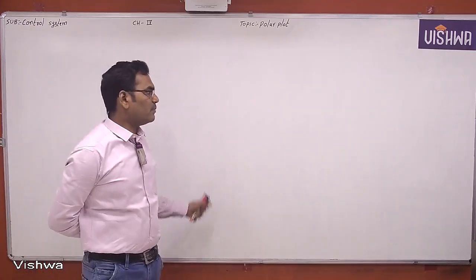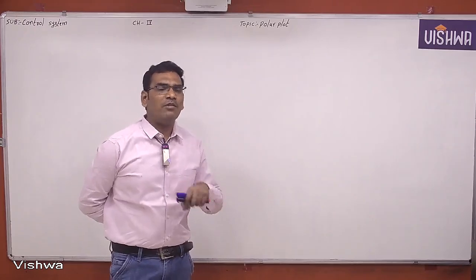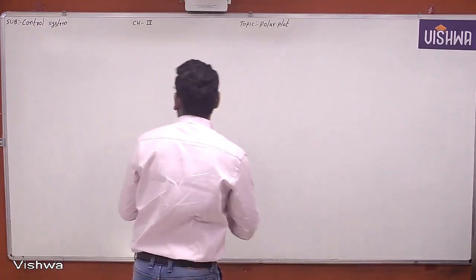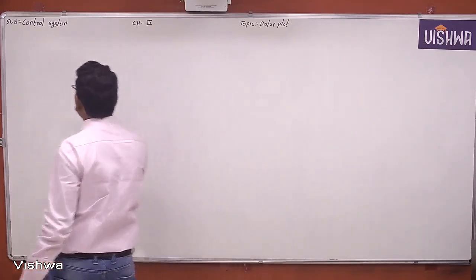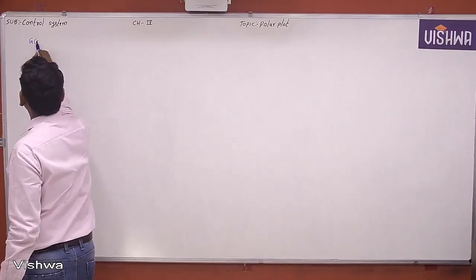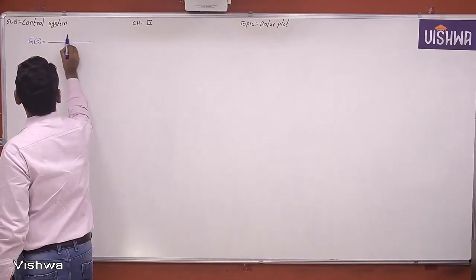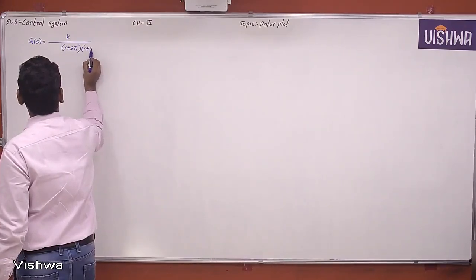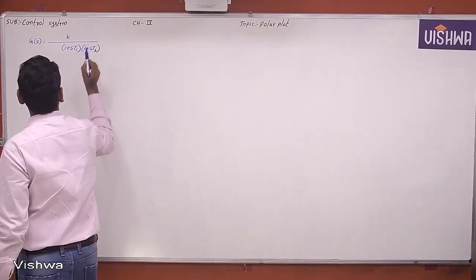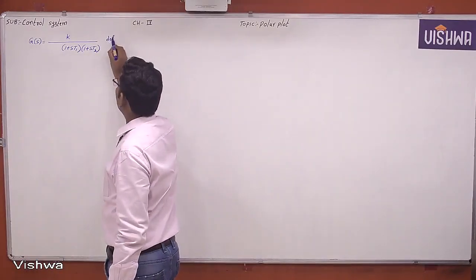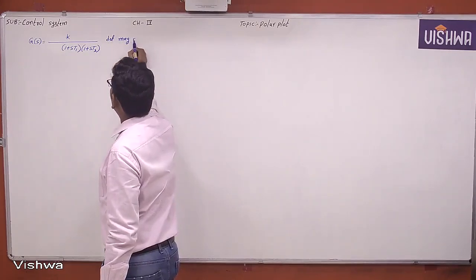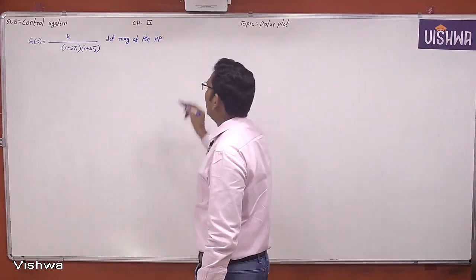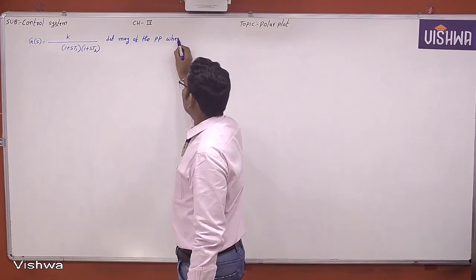Okay, then what I am saying is, one more part of the polar plot is he is asking the magnitude. Similar to that particular topic, we'll solve one question. Now by considering the transformation, G of s equals K by (1 plus s T1) into (1 plus s T2). Now he is asking, determine the magnitude of the polar plot where the polar plot crosses